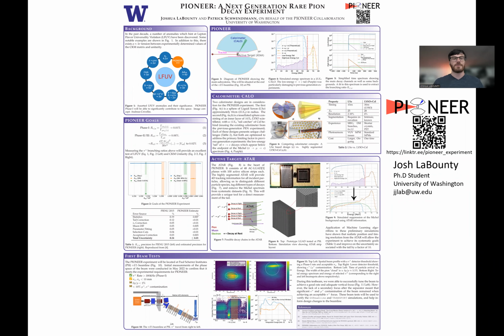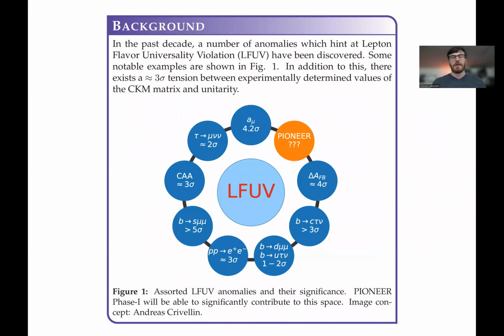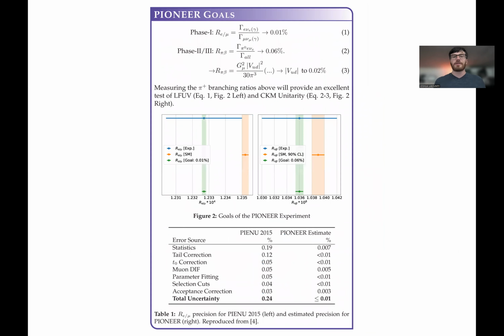I'm excited to be able to talk a little bit about the Pioneer experiment. So Pioneer is designed to probe CKM unitarity and lepton flavor universality through the measurement of the charged pion branching ratio. In particular, why we're so interested in these two ratios,